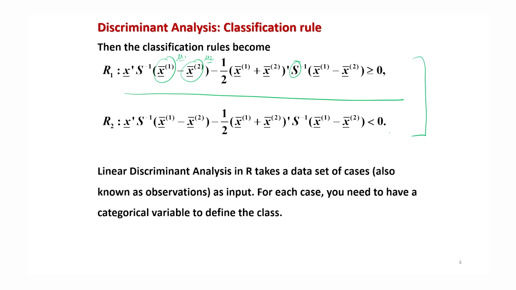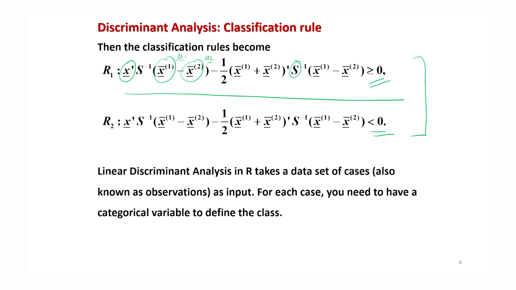Now I will take a sample x1, x2, up to xn1 from population 1, and x1, x2, up to xn2 from the second population. Then we compute their sample means, and finally the covariance matrix. Now, given an observation x, I can compute this quantity, and depending on whether it is greater than 0 or less than 0, I can classify the observation into the R1 or R2 region, and that will ultimately indicate that the observation is coming from normal mu1 sigma or normal mu2 sigma.